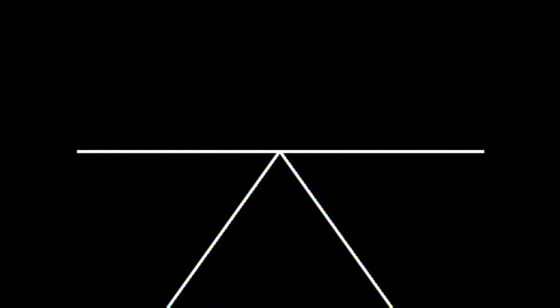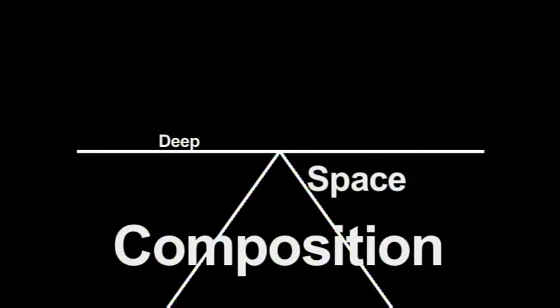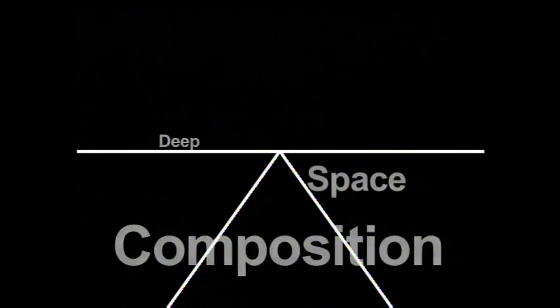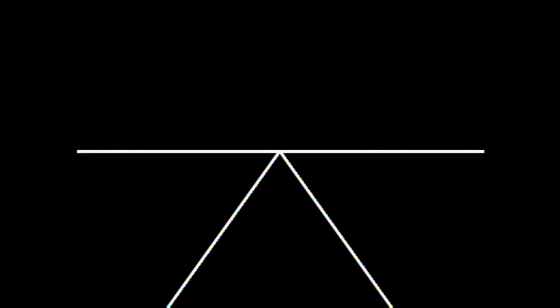Okay then, so far we've been dealing mainly with only two dimensions, height and width. Which makes sense since motion pictures may move, but they're still just two-dimensional images. But the world they depict features a third dimension, depth, and the movies use the appearance of depth in all kinds of aesthetic and narrative ways. Deep space composition emphasizes depth by placing significant visual and narrative information on two or more of the three planes of depth, foreground, middle ground, and background, in such a way that not only emphasizes depth, but also conveys information, mood, and meaning. This meaning can take many forms depending on how the levels of depth are presented.